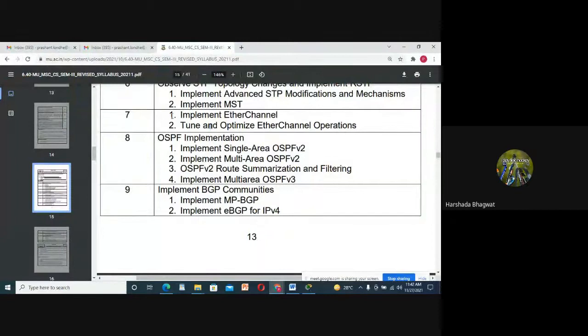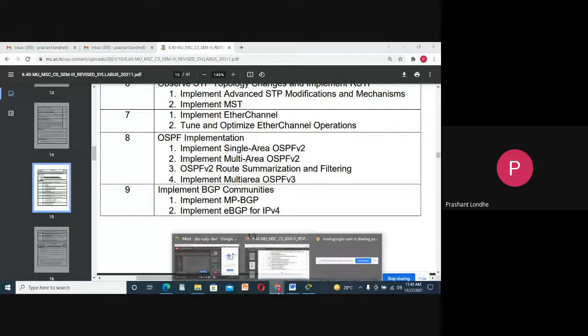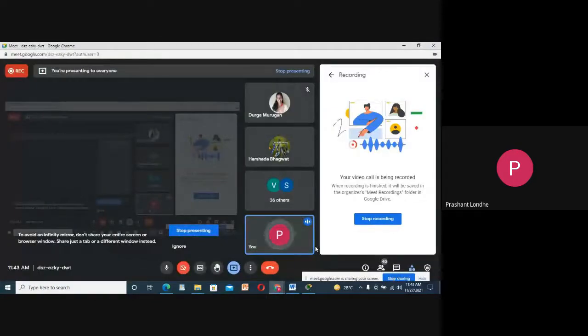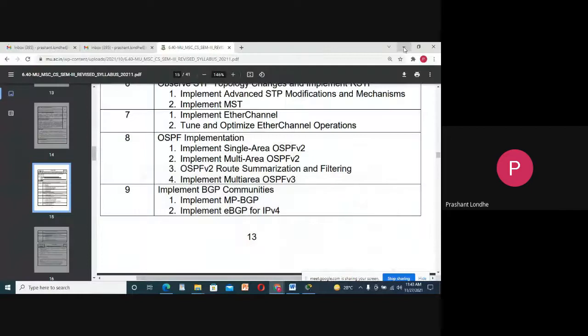So we will move over to our practical number 7, where we are supposed to implement and configure the Ether channel. So basically, what is the meaning of Ether channel? It is a switchboard architecture which is used to connect two devices, and as you are connecting two devices, they are also creating some kind of virtual connection, and it is purely required for fault tolerance and for speedy communication.